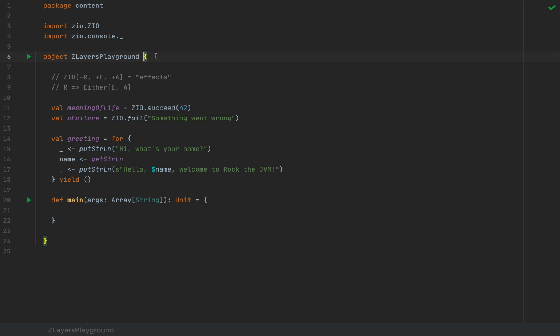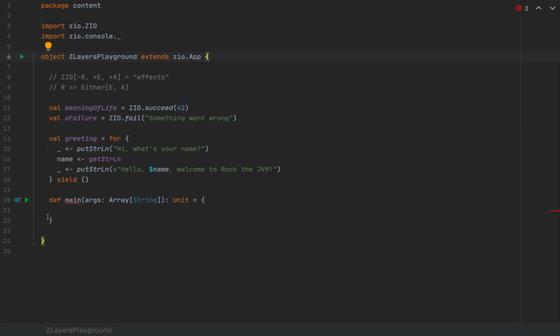You will have to make the object that you want to run as an application extend ZIO.App. And because you want to extend ZIO.App, you have to define a method called run, which is an equivalent of the main method that takes the command line arguments as a list of strings. Now, the return value of run here is not Unit, but is a ZIO ExitCode. And we can trigger a ZIO ExitCode by actually running this effect by doing